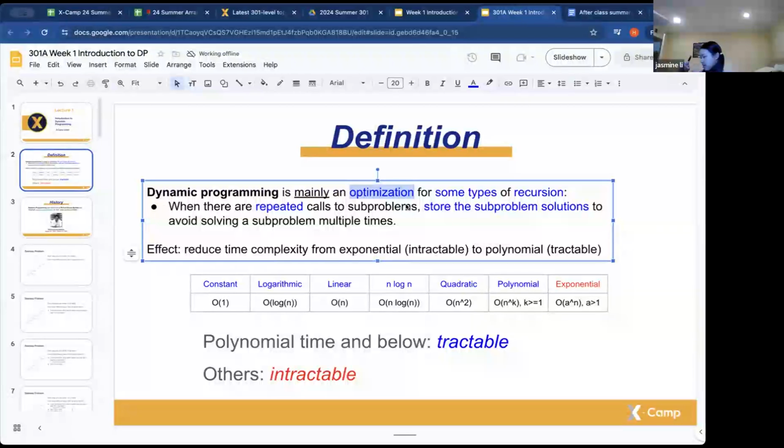Except the thing is, each time you have to look through the storage in order to check if the solution is there. Yes, that's right. Thank you, Jasmine. But we might end up using up time. Okay, that's actually a good point. Jasmine brought up this issue, and she said, okay, you're gonna store the solution, you don't have to recompute it, but there's some overhead